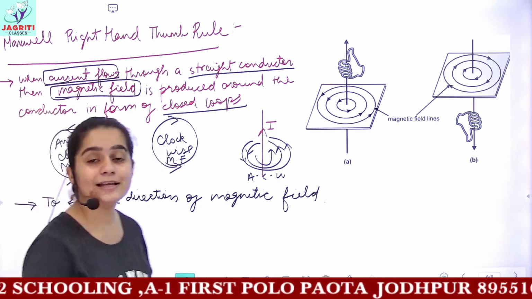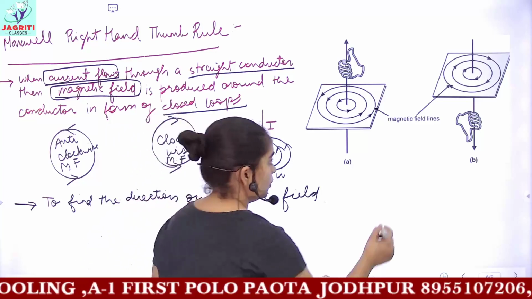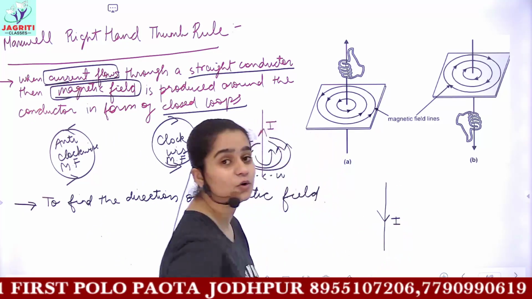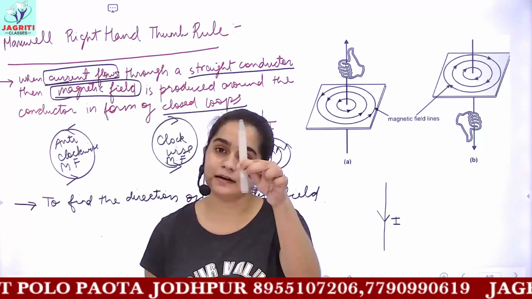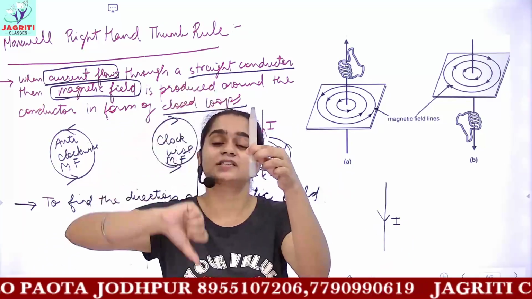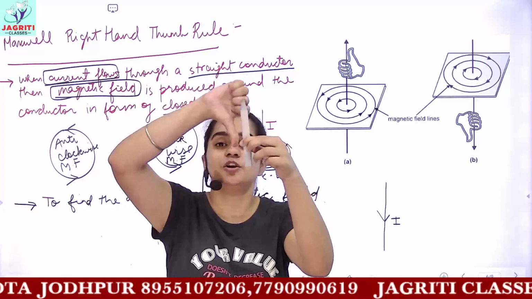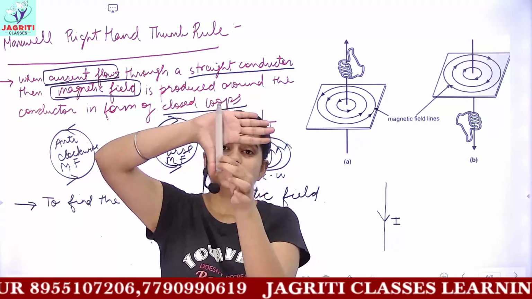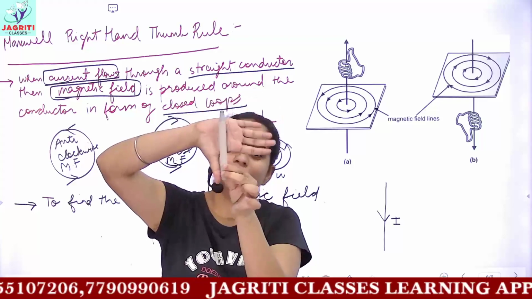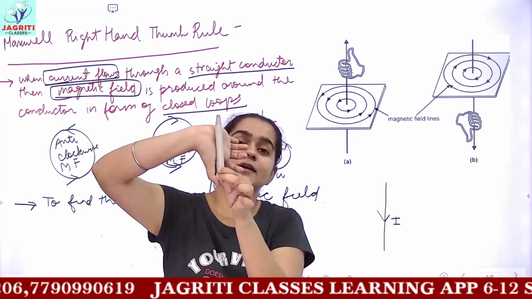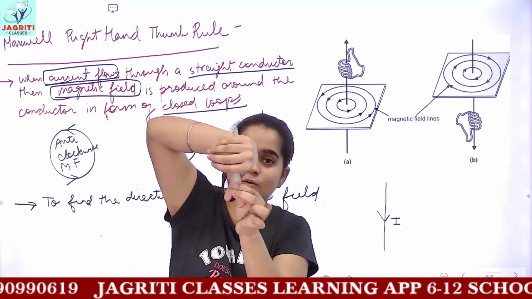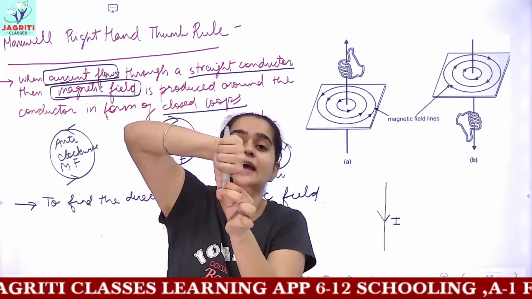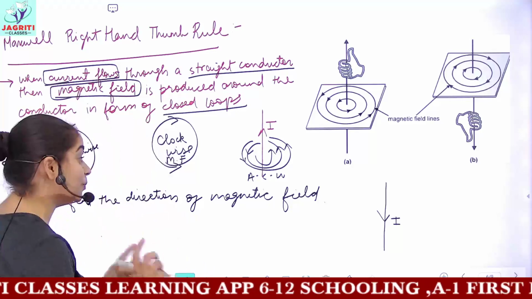This kind of direction is the anti-clockwise direction. And when would a clockwise magnetic field be produced? When the direction of current is downward. So this is our same conductor, now the current is flowing downwards. The thumb represents the direction of current, so I have kept it down, and the magnetic field lines are coming towards you and then going inside. The curved fingers represent the direction of the magnetic field. I hope this is clear.